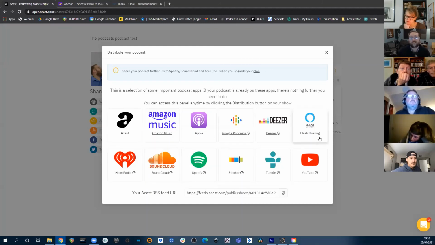So you can essentially go along this and click and decide exactly which ones you want to distribute it to, and it will automatically send that RSS feed that I talked about, which you don't have to know an awful lot about, and it is quite technical, but that is how they distribute that to other sites. So you see yourself that once you've uploaded your podcast episode and you've done the hard work of the show notes and the artwork and so on and so forth,